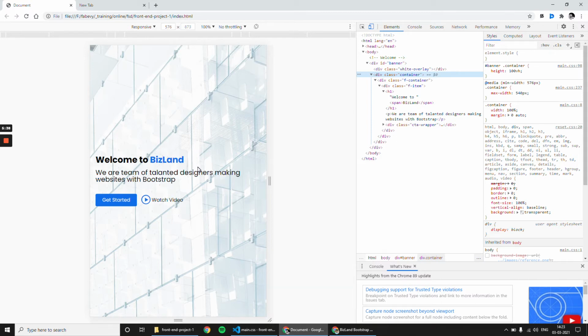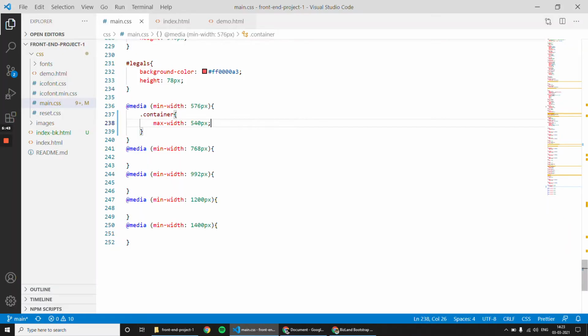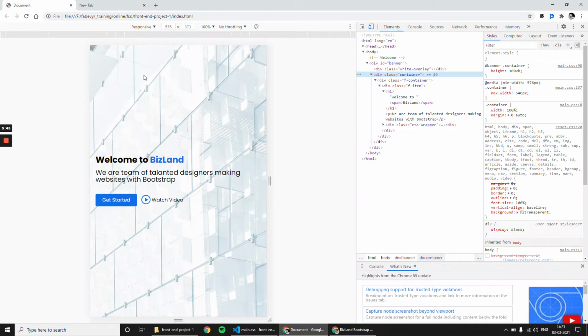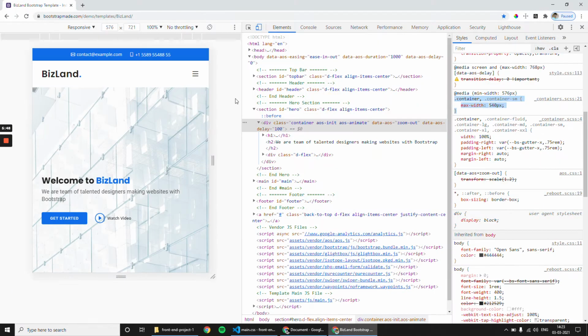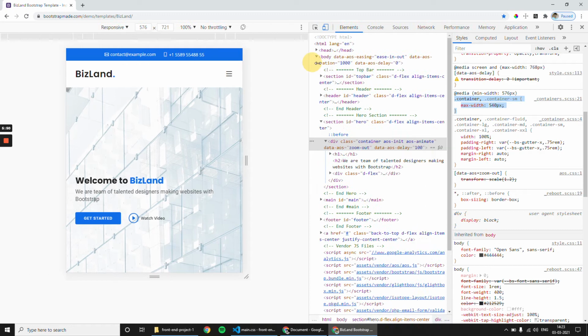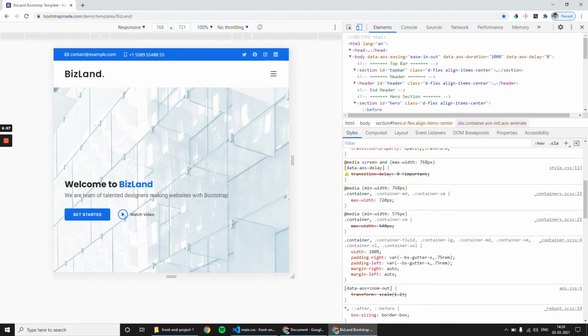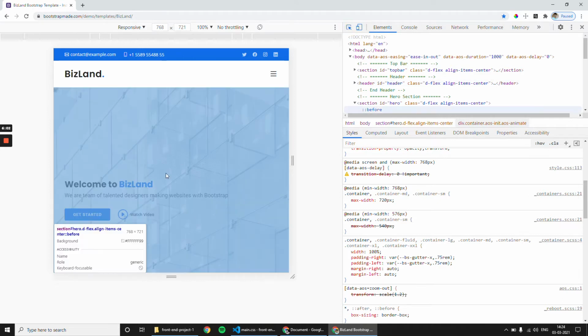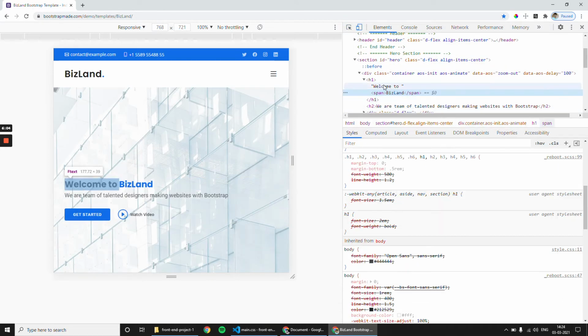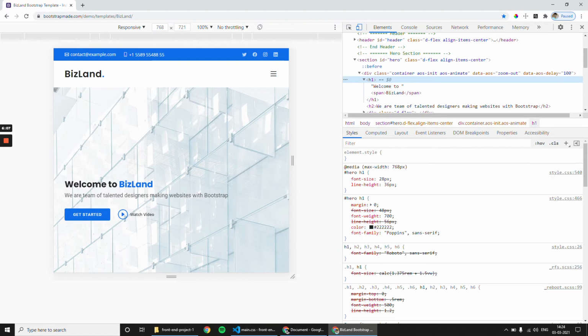Okay, and then let us target the next breakpoint, that is 768. So in my reference website, increase the size and change this to 768. You can click here or you can change the value manually. And now let us check what style they have applied for this heading tag. I don't think they change any font size for this. Yeah, till 768 they have applied font size as 28 pixel,